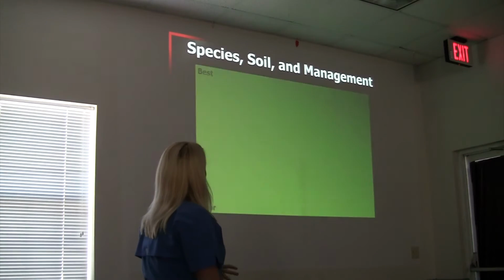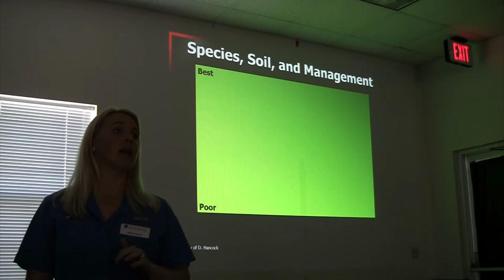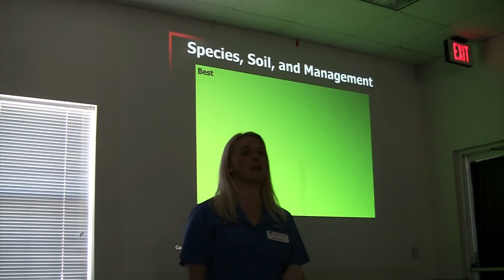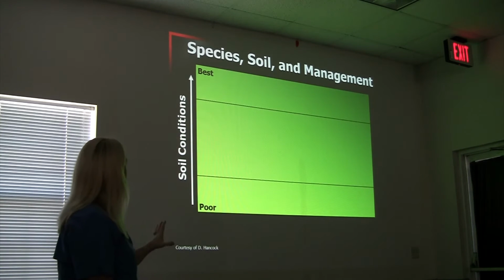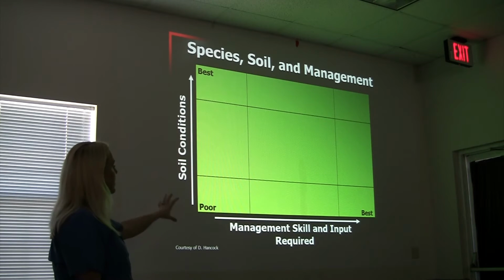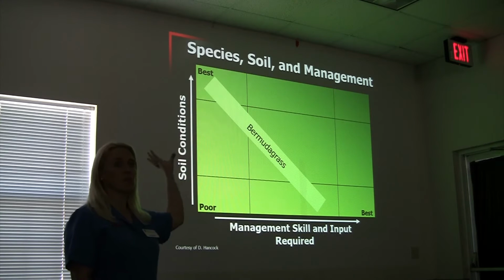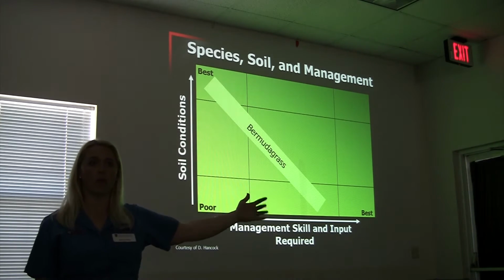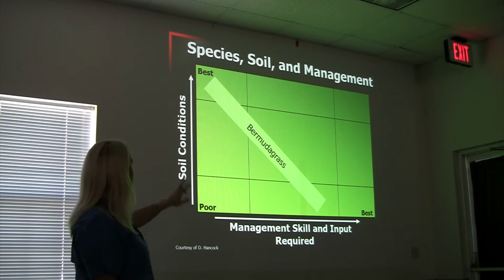So thinking about species, soil, and management, we're deciding where we're going to put our alfalfa. If you have a field that's not very productive and you think, hey, I'll put some alfalfa there, that'll make it productive, don't use that field. Don't even worry about that field. So when we're trying to decide, we're looking at our soil conditions from our poor soils to our best soils, and then we're looking at the management skill required. Bermuda grass goes across the board, depending on what level of production we're at or what varieties we're working with. And so it's pretty lenient